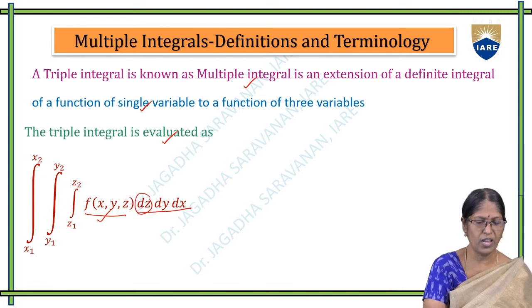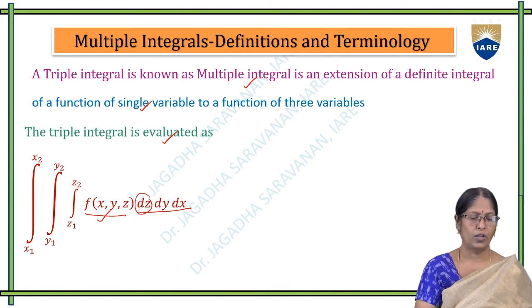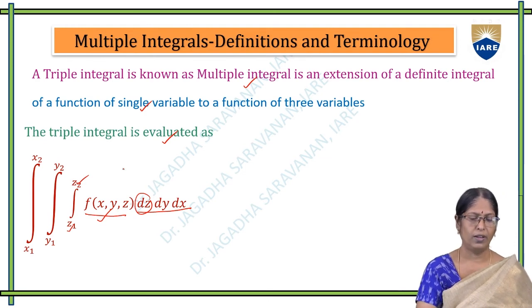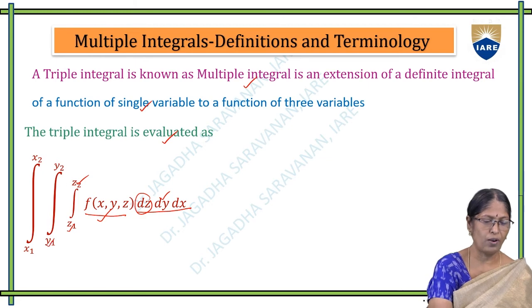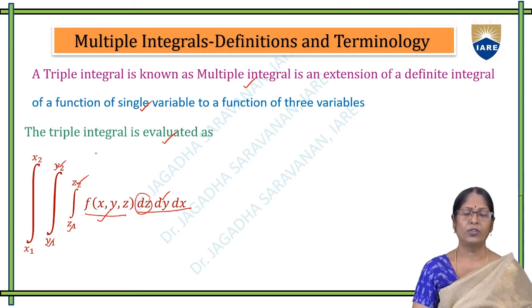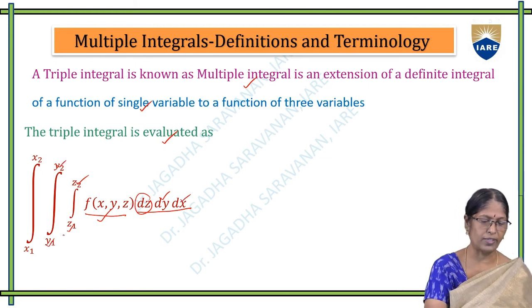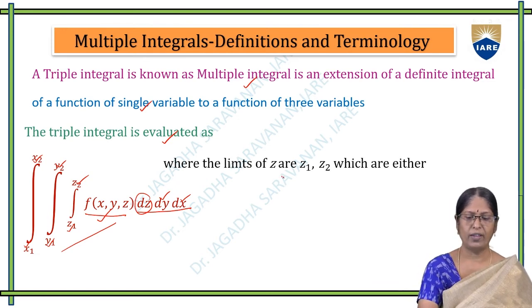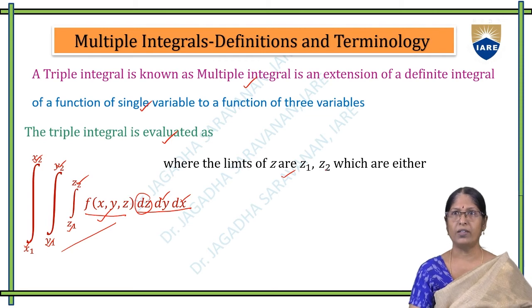So the interior one is dz, where z1 and z2 are defined. The middle one is y, so y1, y2. The outermost one is x, so x1, x2. This is the Cartesian form for our triple integral formula,